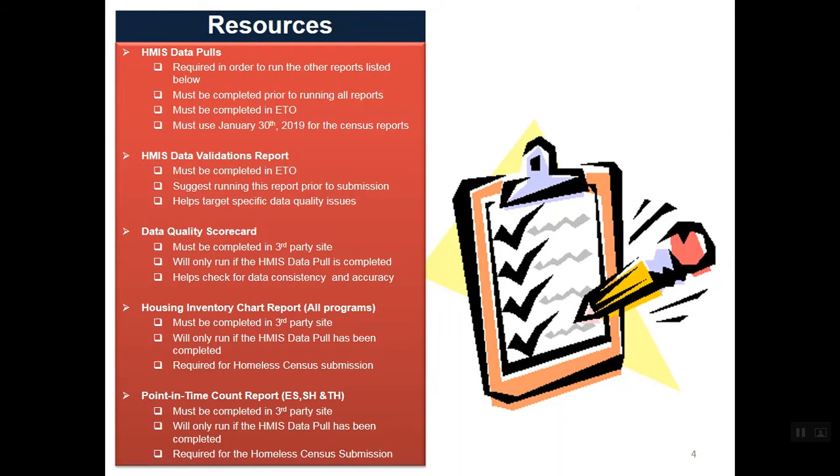So on to running the reports. The whole point of this training is we want to make sure that we point out the resources that are available to you in your front-end HMIS software systems in order to keep a regular eye on the data that is being collected about your clients in your program, and